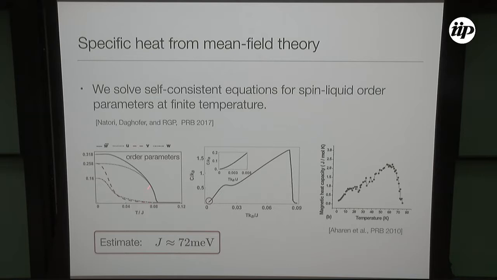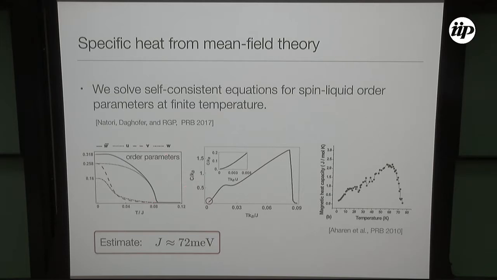Once you impose symmetries, there are essentially 4 order parameters, and this is how they behave as a function of temperature. They all vanish here at some critical temperature, and in fact, for this system, we expect a finite temperature phase transition because although this is a spin liquid that doesn't break SU(2) symmetry, it breaks time reversal symmetry. So there is symmetry breaking here, so we expect some kind of second order phase transition at some critical temperature that you can actually predict, or approximately, from the field theory.